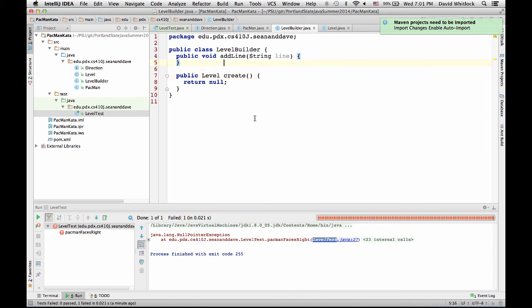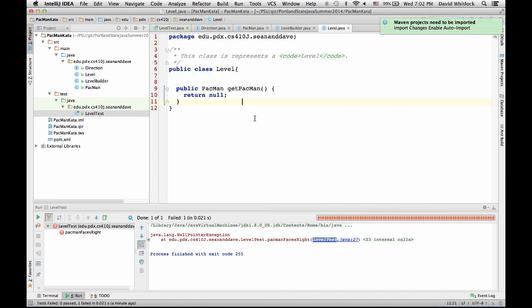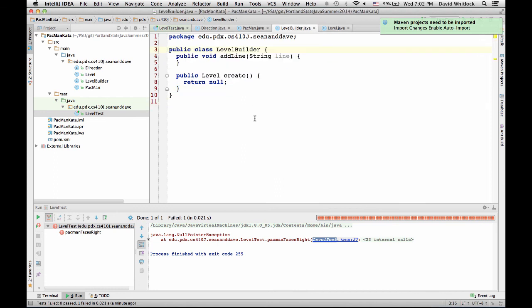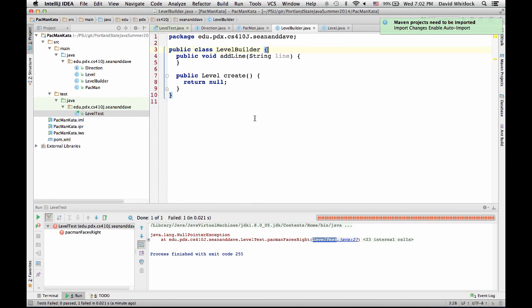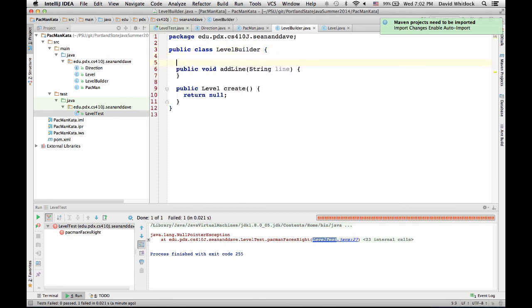So here I think we need to keep track of lines. No, a string array. What the heck did I just do? Oh, that's interesting. Control... okay. That moved back to where you were before. Oh no, it moves through the tabs that are open. That's pretty cool. I've never seen that before. So this keyboard is magic, apparently.